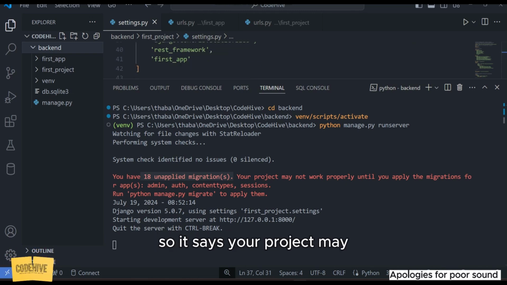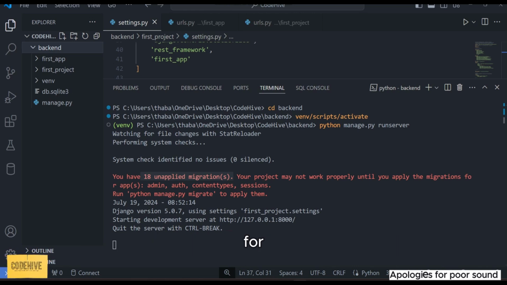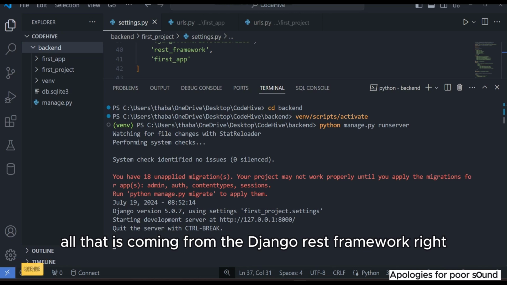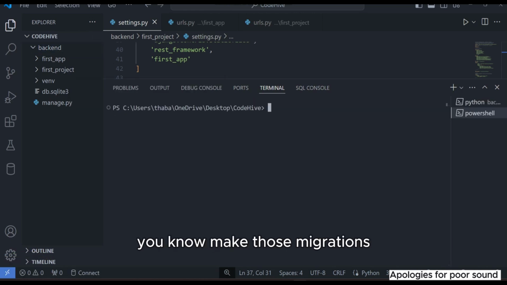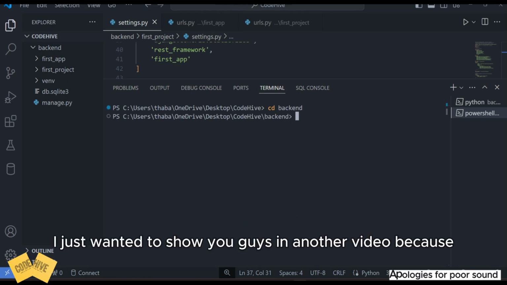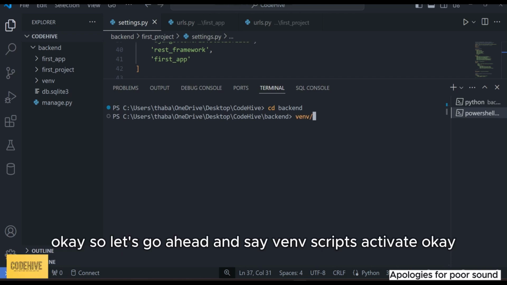It says your project may not work properly until you apply the migrations for apps: admin, auth, contenttypes, sessions. So we can just go ahead and make those migrations. I just wanted to show you guys in another video. So let's go ahead and save in Scripts,